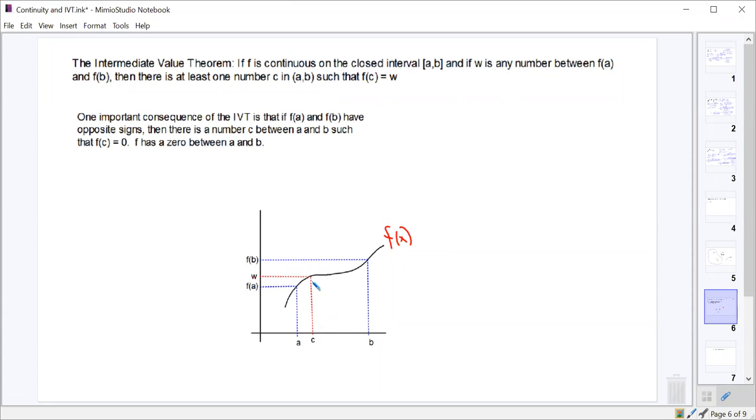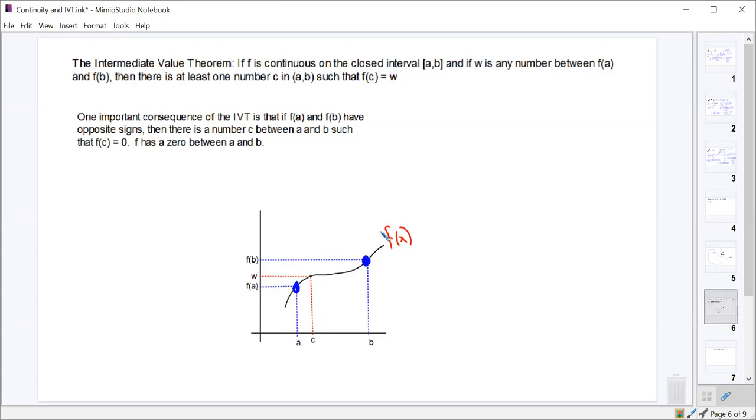Sounds a little bit convoluted, probably. But all it's really saying is, if you have a function that's continuous from A to B, pick any number between f of A and f of B, and you can get that number by plugging in something between A and B. It means that every value from the bottom y to the top y gets hit as we go through here. There's no way, if I have a continuous function, for me to get from here